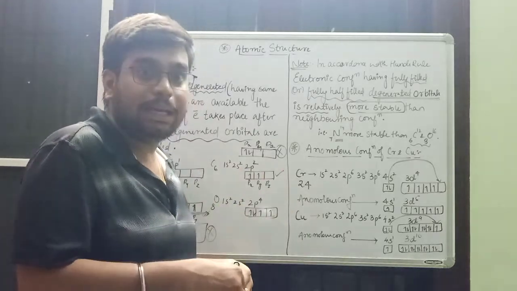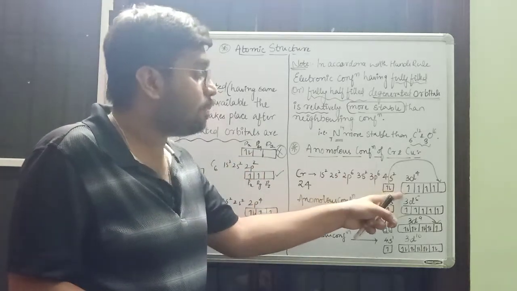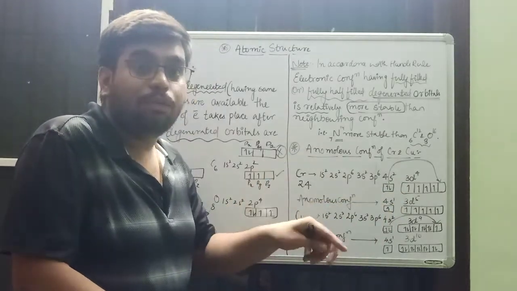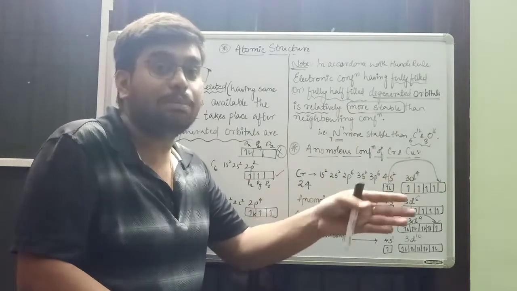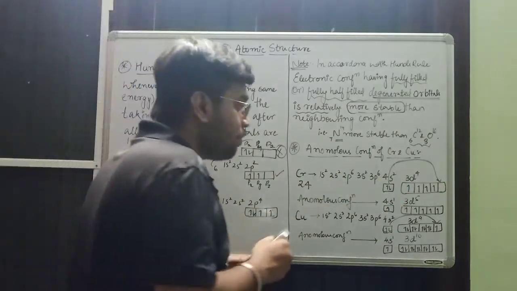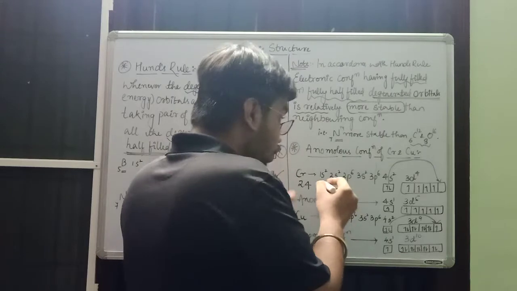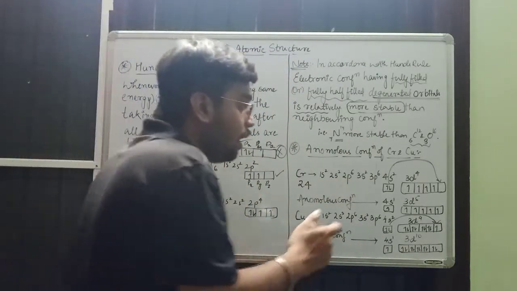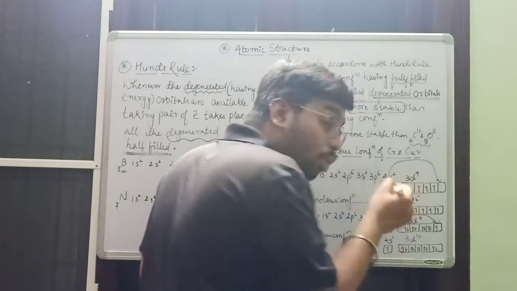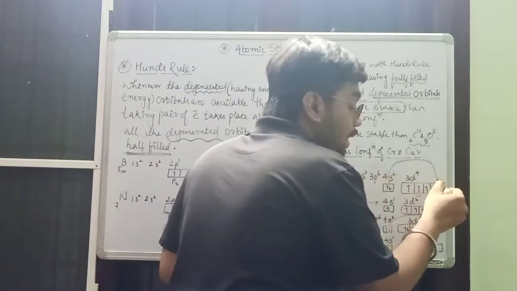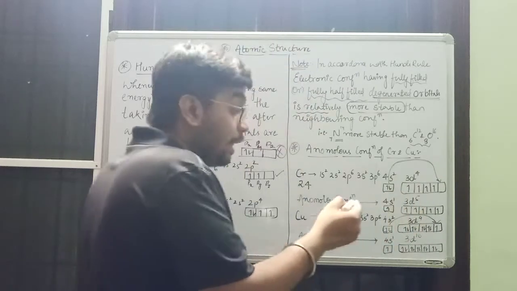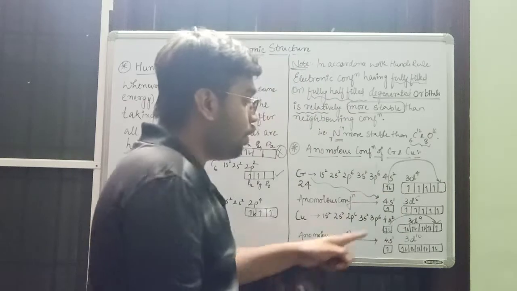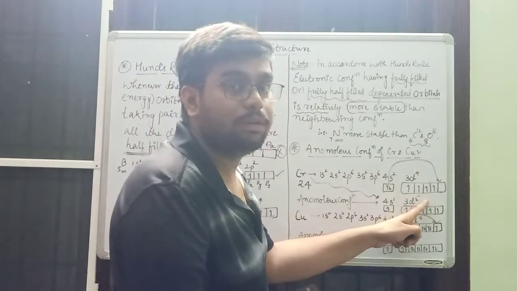To acquire stability, does this configuration permit? No. A configuration having fully half-filled subshells is more stable than the neighboring configurations, right? Yes. Then if chromium would like to attain stability, what should it do? It will transfer one of its own electrons from 4s to 3d4. So the anomalous configuration of chromium is 4s1 3d5.